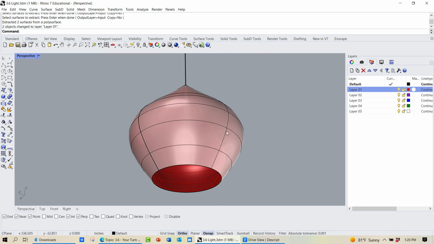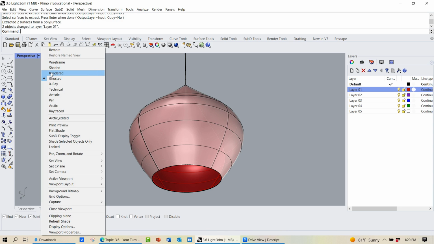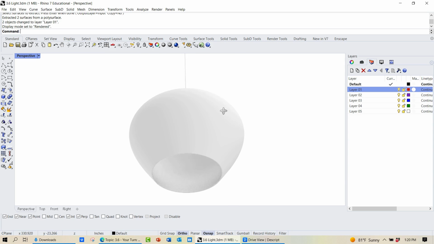So now we can control those two materials independently. Let's switch to rendered view. In rendered view, this is where you're looking at textures. Right now all the textures are the same for all the layers, and so that's why it looks the same. So if we give the layer 01 a different material, I'll do that here by clicking on that circle here,